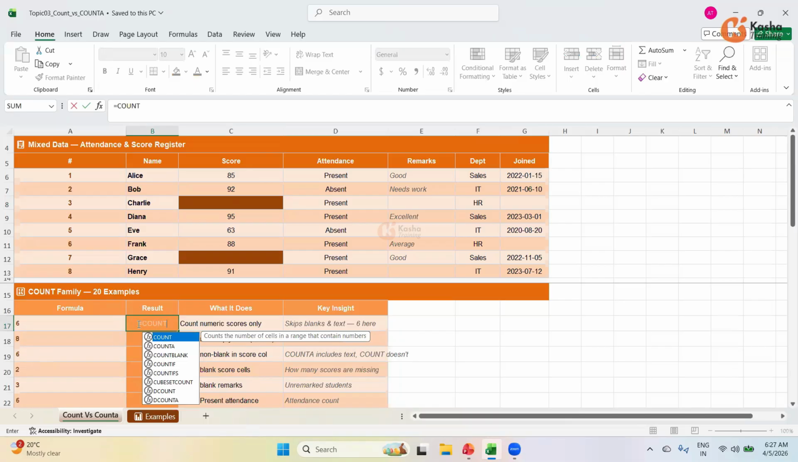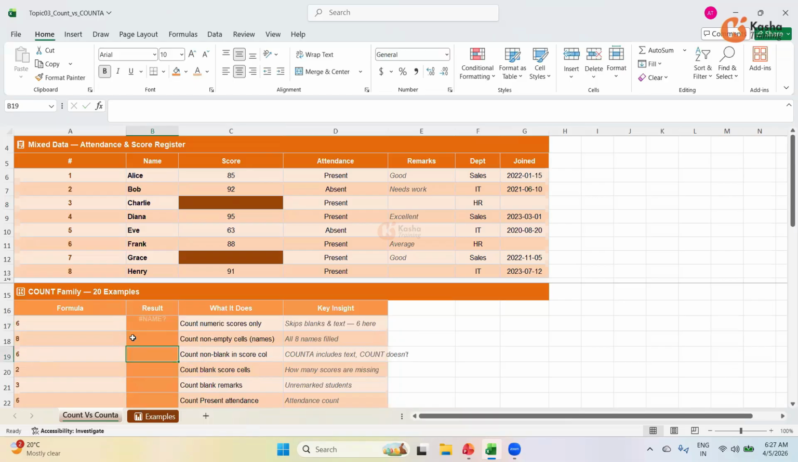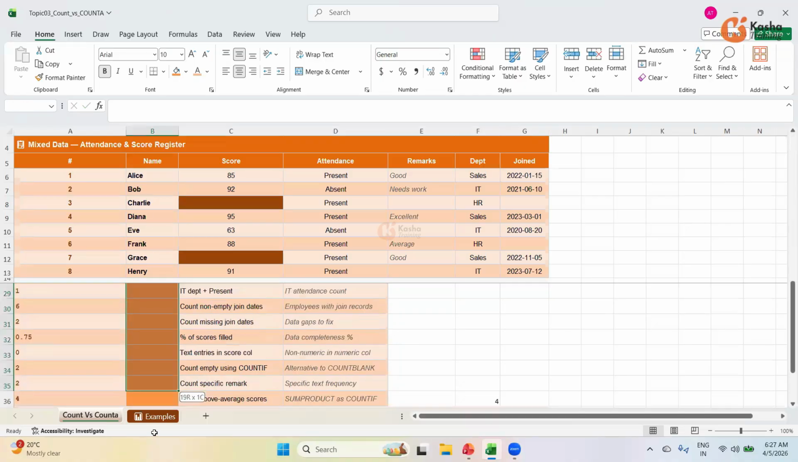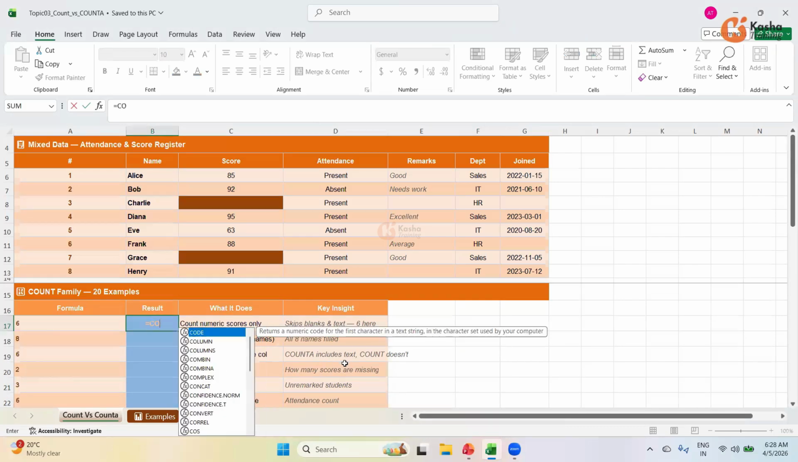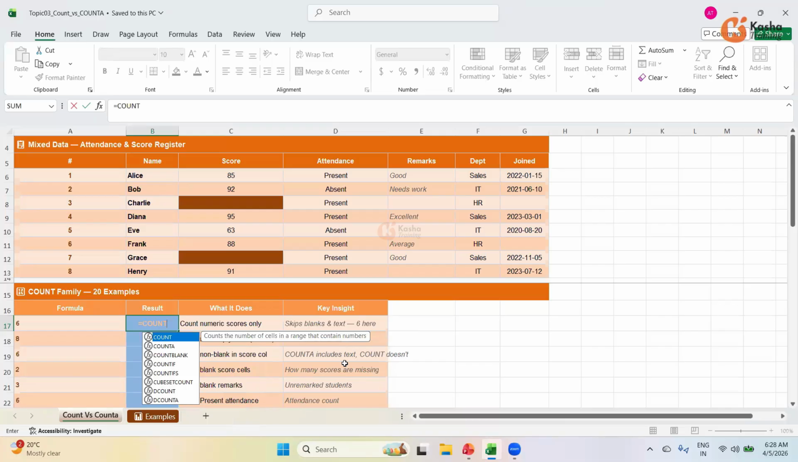And I'm not sure if you're able to see the formula here or not. I think let me make it a different color here. So I'm going to come here and type an equal sign. Yeah, now it is visible. So if I type an equal sign and then COUNT,